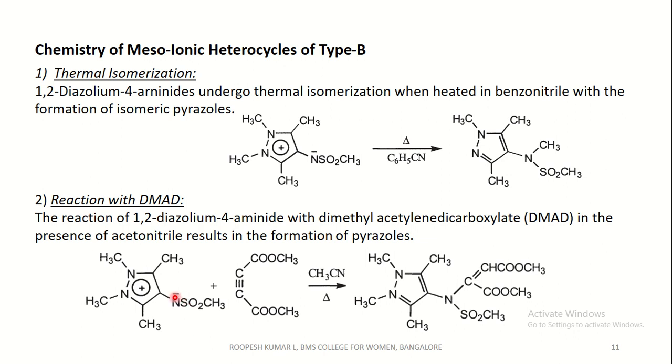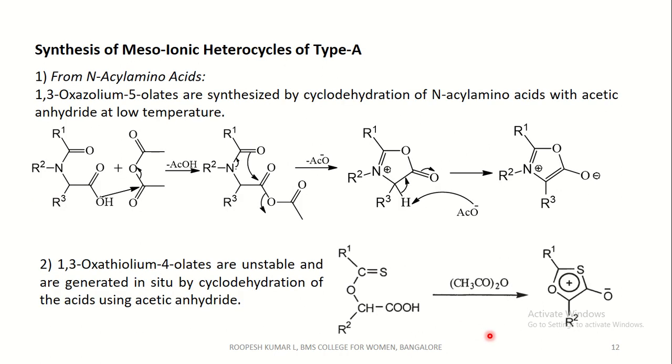That is, this negative charge attacks here, and this one of the multiple bond goes and takes the proton. This reaction is run in an acidic condition to form a pyrazole derivative. Coming to the synthesis of mesoionic heterocycles of type A, starting from